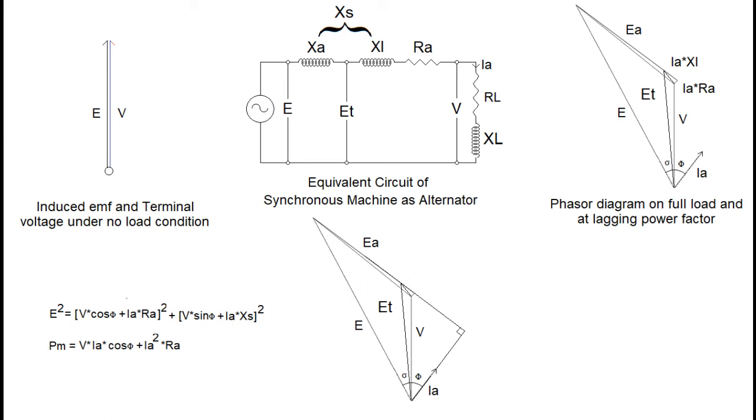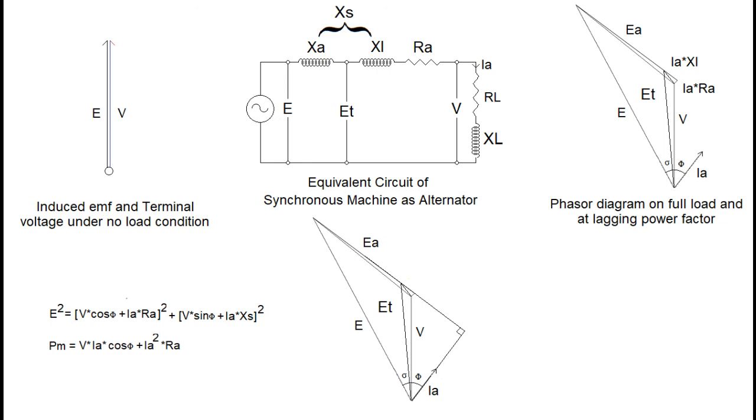We have drawn a right angle triangle from the phasor diagram to understand the relation of active power and phases. The Pythagoras relation is used for this right angle triangle. The hypotenuse is E. One side corresponds to active power and the other side corresponds to reactive power. On the next line, the active component is multiplied by armature current. So we get the mechanical power supplied, ignoring mechanical losses. It is important to see how the phasor diagram changes if the magnitude of load current is varied or if the power factor of the load is varied.